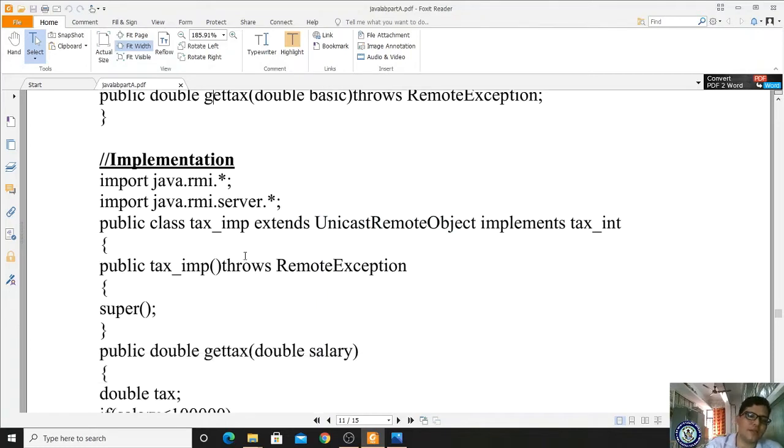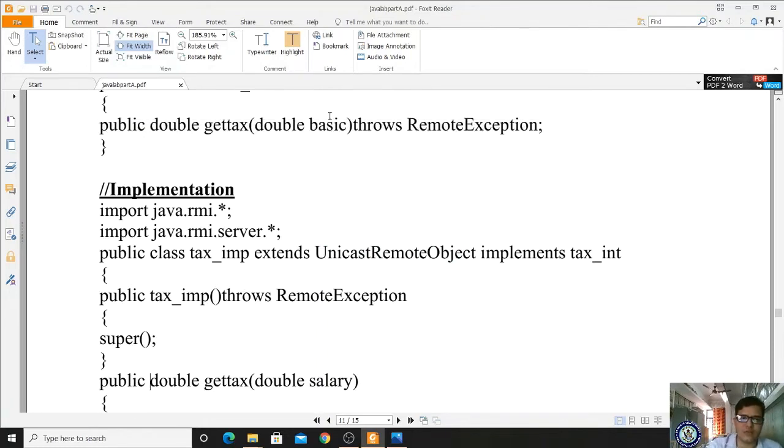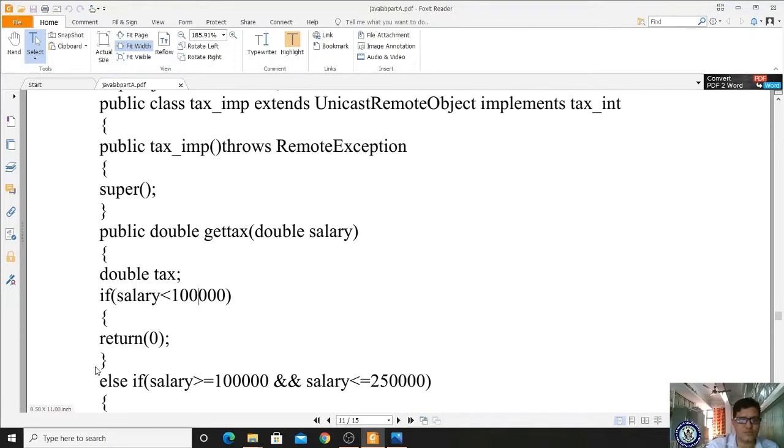What is the above method? Public double getTax, public double getTax(double salary). Whatever salary, whatever basic you are providing, it is passed to salary and you are doing some calculations. So here you are declaring the variable double tax. If salary is less than 1 lakh, return 0.